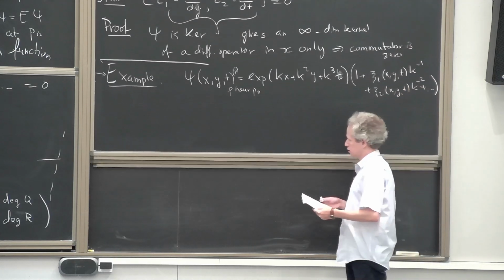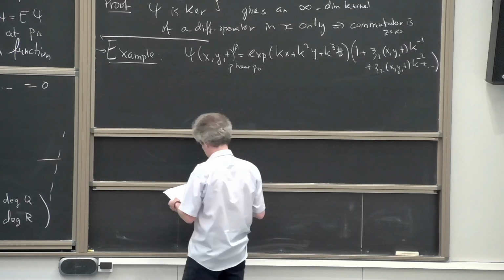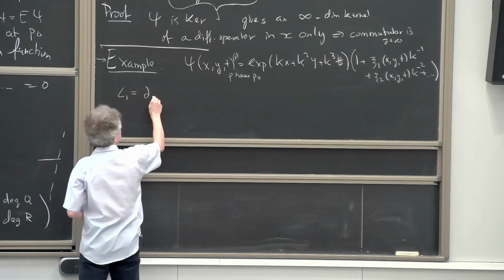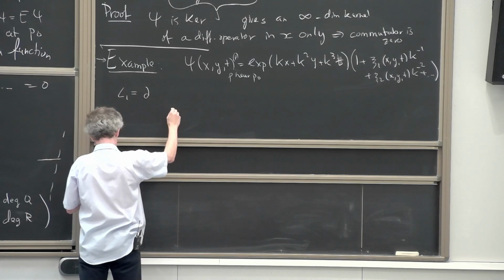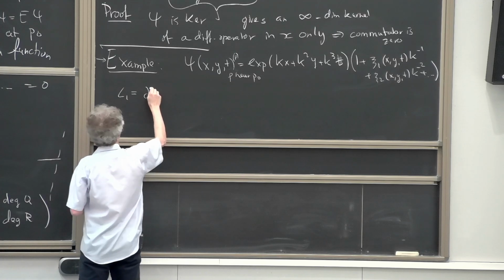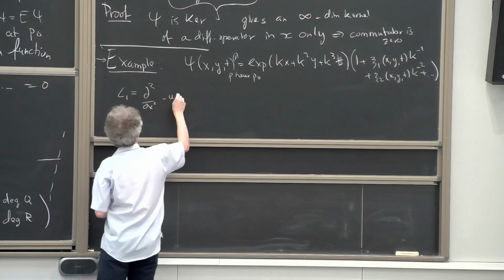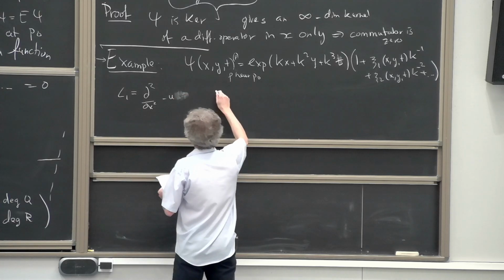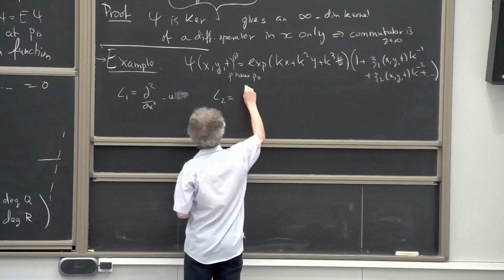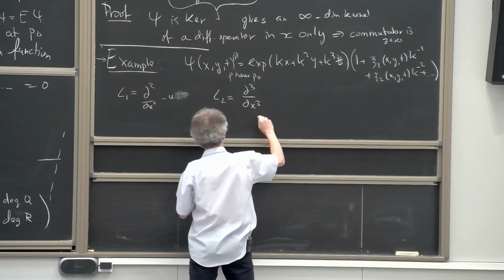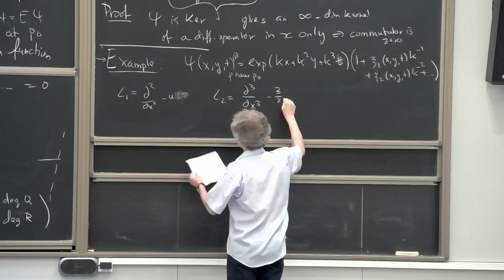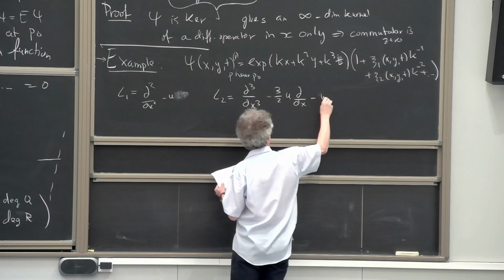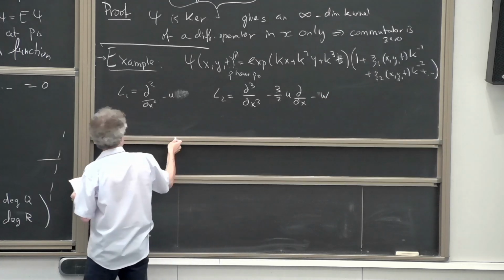And you can then ask, what are the differential operators? So L1 is d squared dx squared minus u of x. I'll tell you what u of x is, minus the function u. L2 is d dx cubed minus 3/2 of the same function u, d dx, minus the function w, where